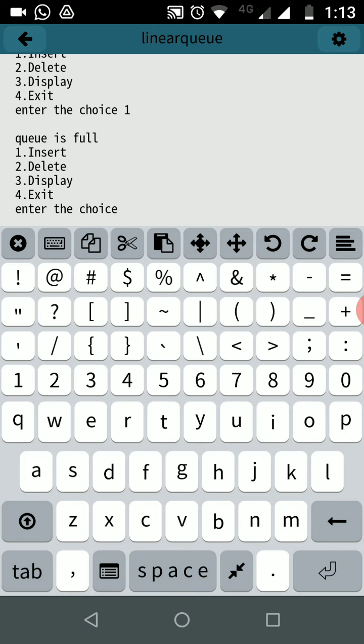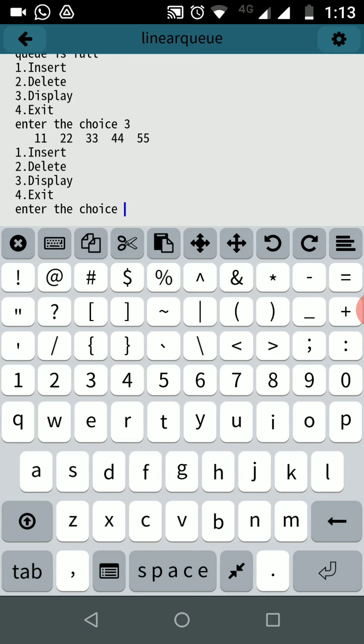Okay, now I will delete the element. Now when you press 3, it will display all the elements 11, 22, 33, 44, 55. So now 11 is at the front end and 55 is at the rear end. If I am going to delete the element, I press 2 for the choice.